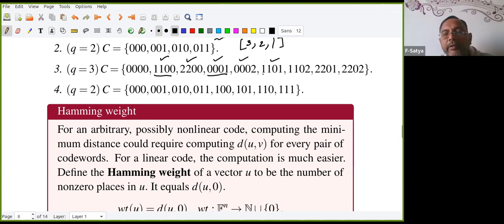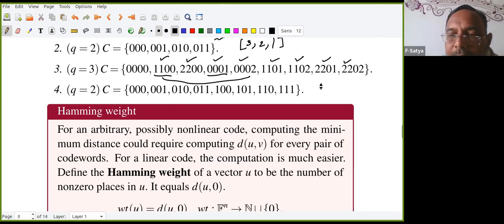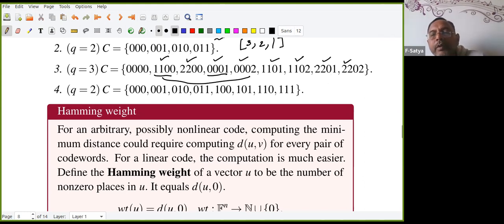Otherwise, this one and this one also I can add, right? Anyhow, both are fine. That is exactly the way we get it. This is done. What about this? We get this, we get this. All of them we are getting. Now I do not want to waste your time. So with these two, I'm getting everything. So 9 vectors are there. So it is a vector space, a subspace.